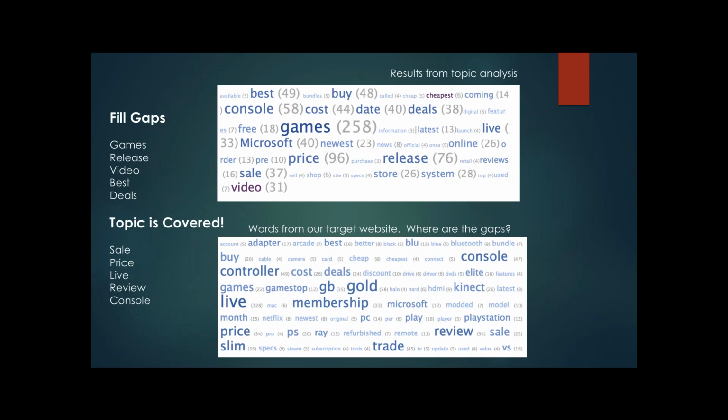Now, if you're doing topic research and it's really not the topic of your whole site, like in this case, they're gaming, they're not Xbox, then it becomes more challenging. What I did in this case was filter to all the words that they rank for, even long tail, up to 300 that had the word Xbox. And again, it still works with a lot of long tail because you're getting signals from Google.